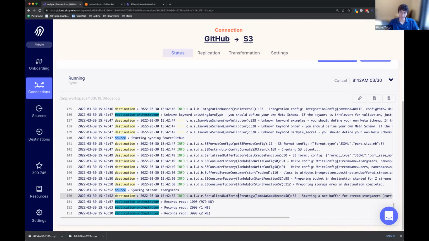Okay. Exactly. And one thing that we've done with the data connectors is they are all packaged as Docker images. And we have a very strict protocol for how these Docker containers can actually communicate. And that allows us to be compatible with any language for how you build your connector.